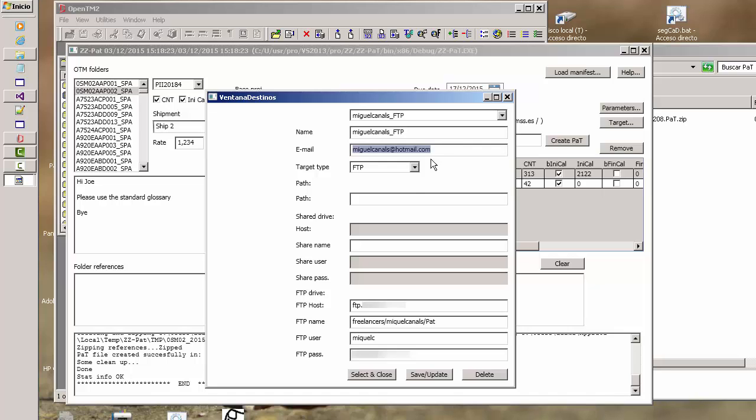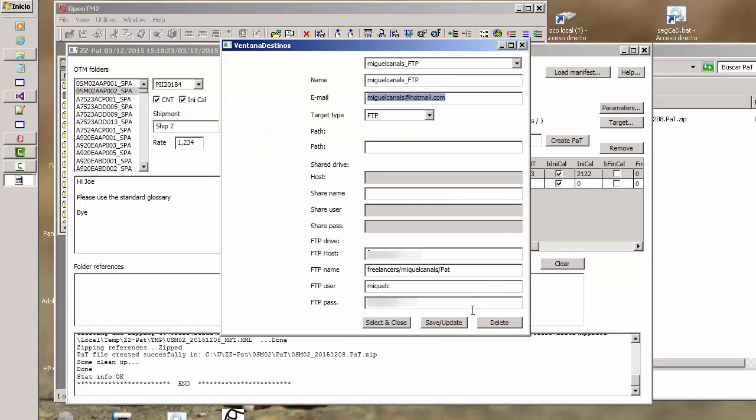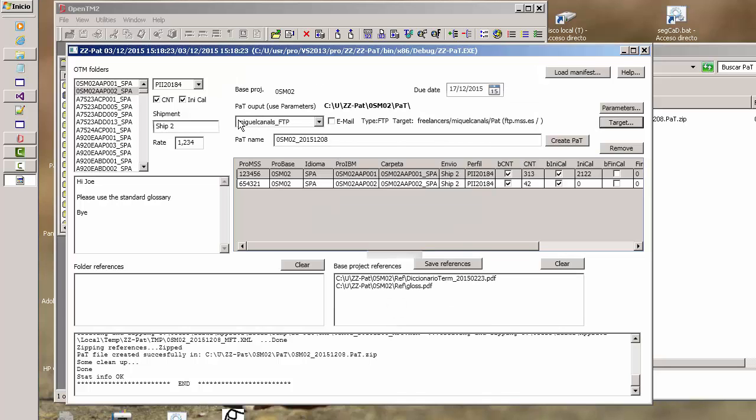In this case I will share with that translator an FTP server. Here are the values of the server itself. Usually I only set these values once. So I only have to select that translator name,